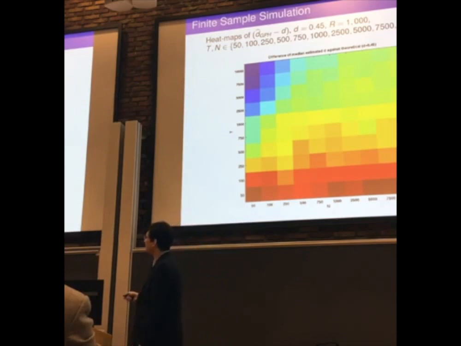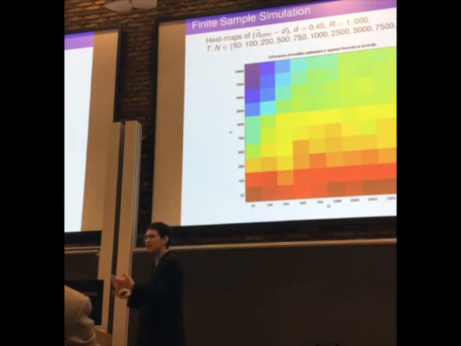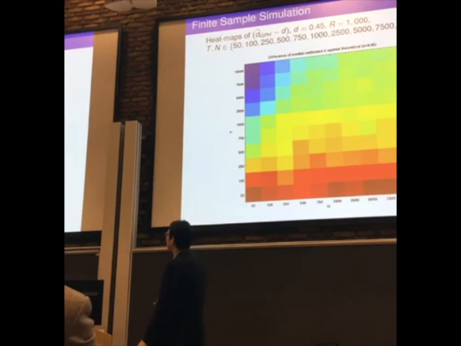Yet, if I fix 50 AR1 processes and start increasing the sample size, we get to the green area. That's the area that we want, the theoretical value that we want to generate. As we go over there, we start to see less memory, so we are kind of going back to short memory. As we increase the sample size, the test is able to say this is actually not long memory, maybe it's just a bunch of AR1 processes. It's a little above. It doesn't get us to 0, so it just reduces toward the limit that we want. So in a sense, we want to be in this greenish area.